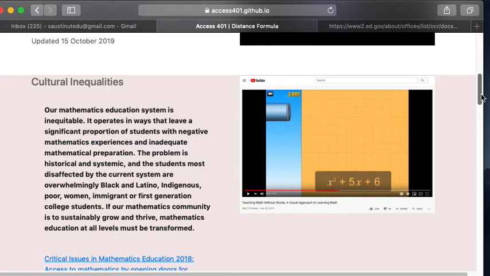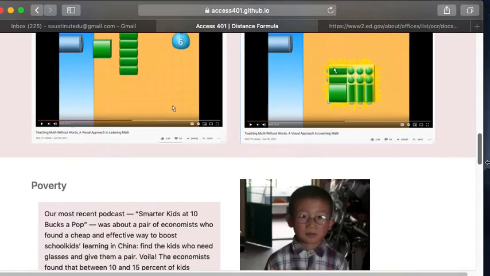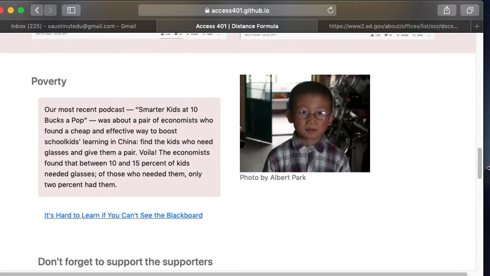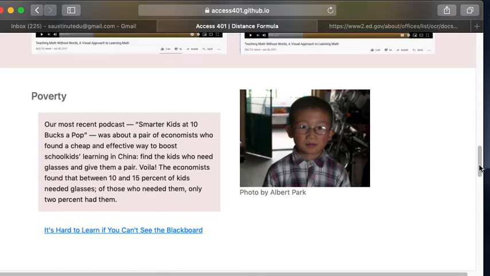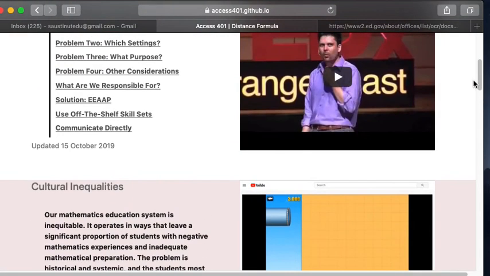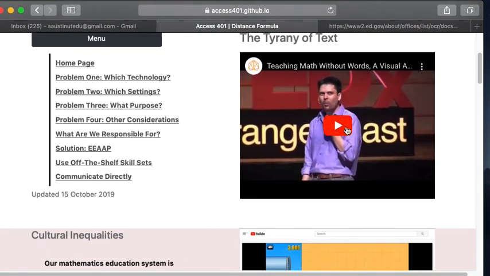I mean, very largely. There's a privilege here. They showed the scores. This kid is not my personal experience, but I've had the personal experience of having that happen to a kid in the classroom and seeing what a difference it made just to give him a pair of glasses. All right, so teaching math without words,